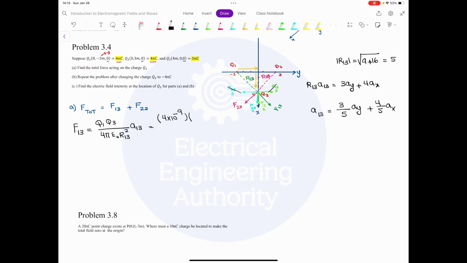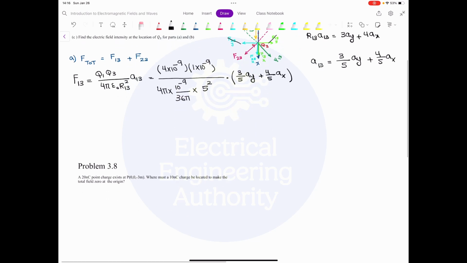Multiplied by Q3, which is 1 nanocoulomb, so 1 times 10 to the negative 9 coulombs, over 4 pi multiplied by epsilon naught, that is 10 to the negative 9 over 36 pi, multiplied by R13 to the power of 2. R13, we found it as 5, so it is 5 to the power of 2. This is multiplied by 3/5 AY plus 4/5 AX, right? So now if you do the calculations here, my F13 will end up to be